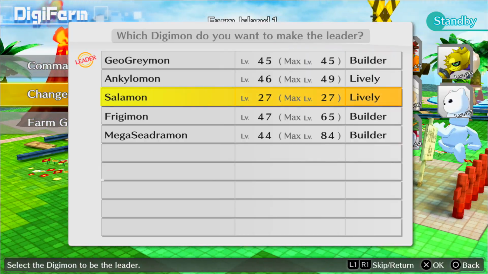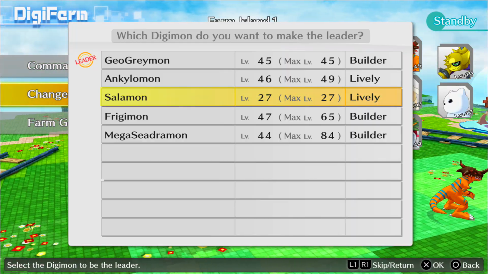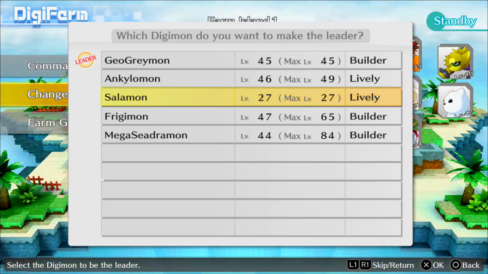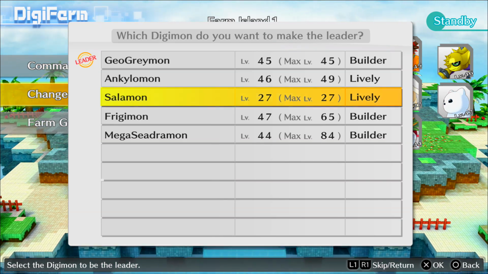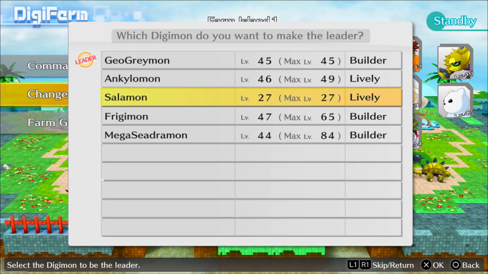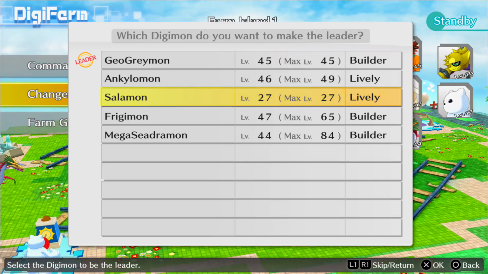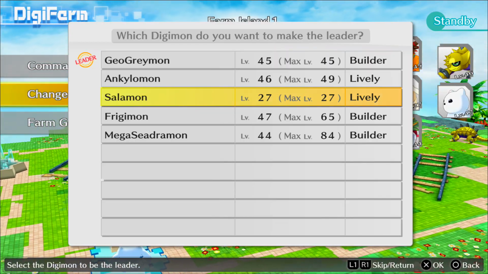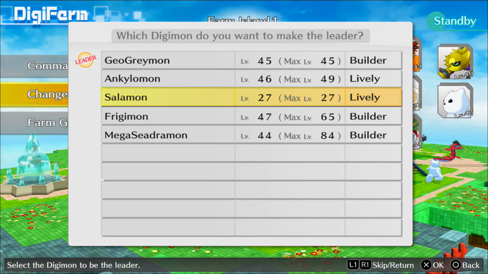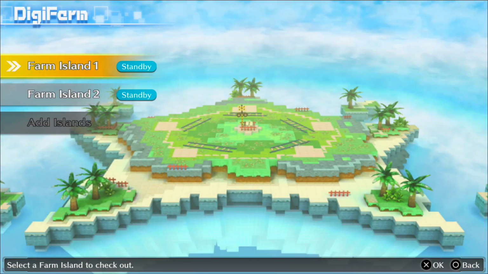On to the farm leader. This is where I get questions a lot, as well. People often are confused as to what the importance of the farm leader is. The farm leader is very important. The farm leader is the person who basically dictates what stat is going to be increased for everybody in the Digifarm. If you have a leader who is a Nimble type and you have a Digimon in the farm who is a Defender type, that Defender type Digimon will gain defense as well as speed, since the leader is a speed type. But the leader will only gain speed and not defense, since the leader can only gain stats from his own personality. So let's go to my other Digifarm